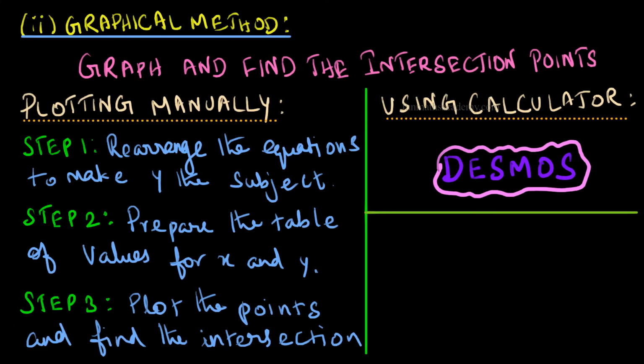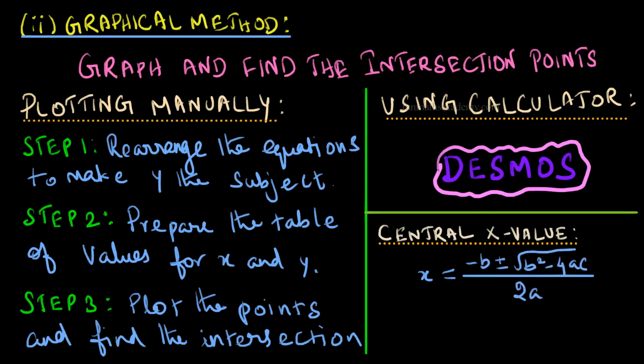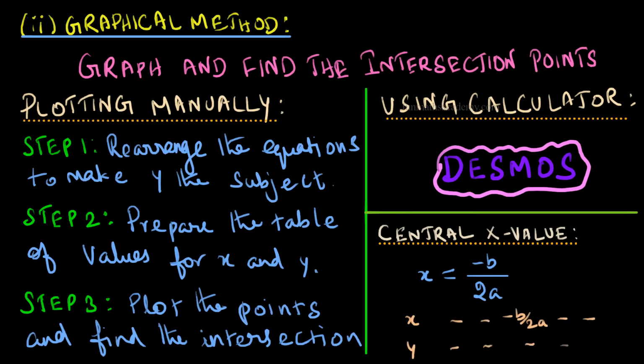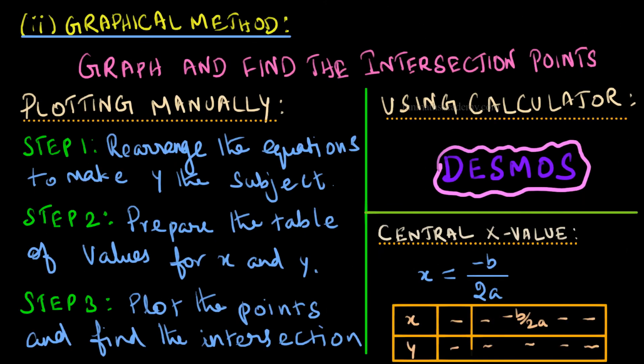For that, let us start from the center of the parabola that represents the quadratic equation. The central x value of the parabola will be its line of symmetry. Line of symmetry formula is what we get when we delete the formula of discriminant from the quadratic formula. Keeping this as the center value and assuming values for x on both sides,